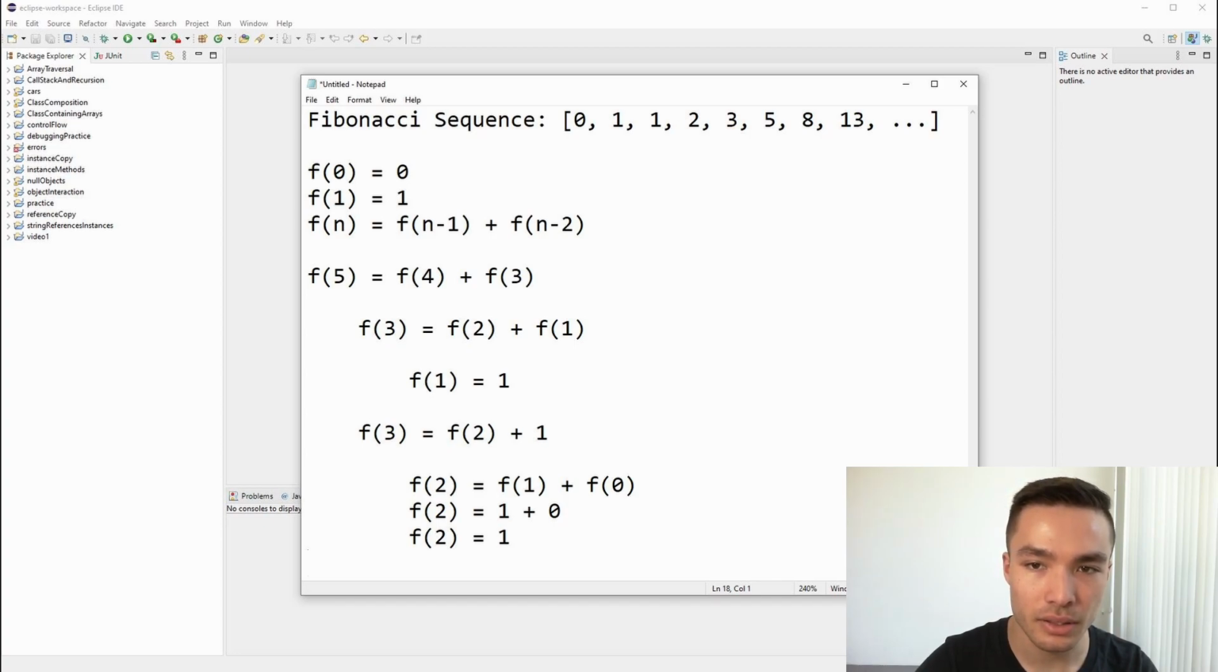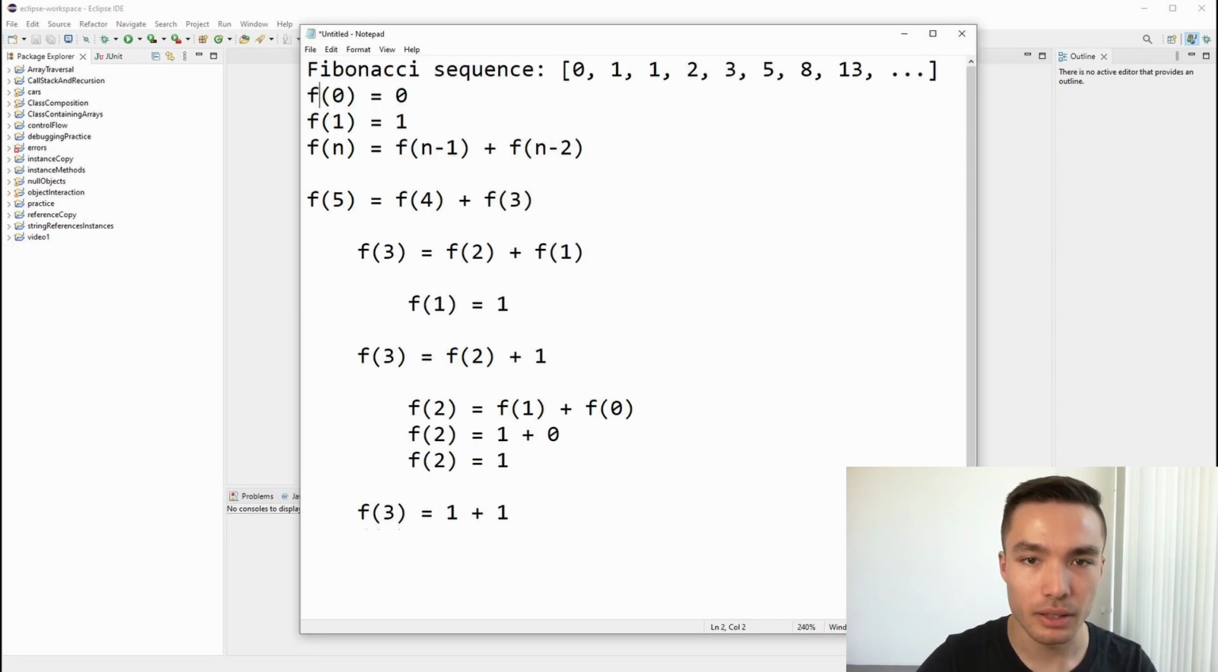Notice that if we actually look at the sequence, we can see the item at index 2 is indeed 1. Now substituting that back into f of 3, we get f of 3 equals 1 plus 1, so f of 3 equals 2. Checking the value at index 3 of the sequence, we can confirm it's 2 as well. Now substituting that back into f of 5, we have f of 5 equals f of 4 plus 2. As practice, try to finish finding f of 5 by tracing through f of 4 the same way we've done